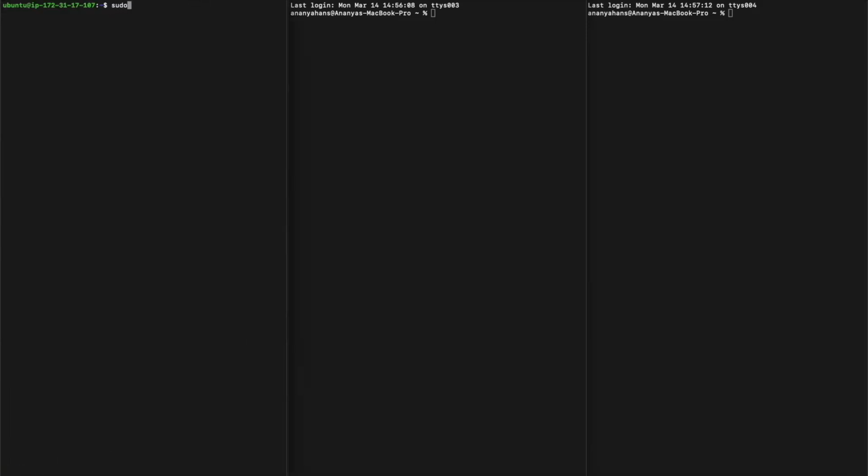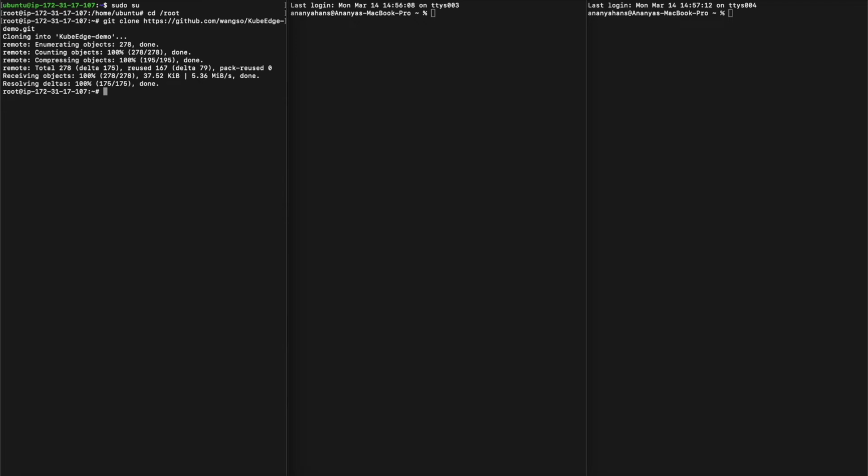From the master node, first run the sudo su command to change to root mode, and then go to the /root directory. From the root directory, run the git clone command to clone our GitHub repository that we prepared for this lab. After you clone the Git repository,